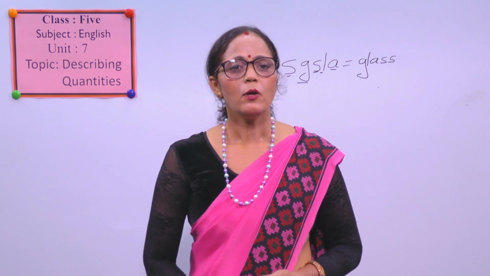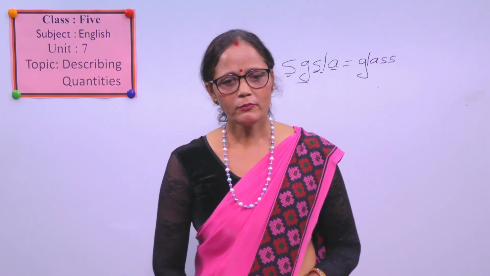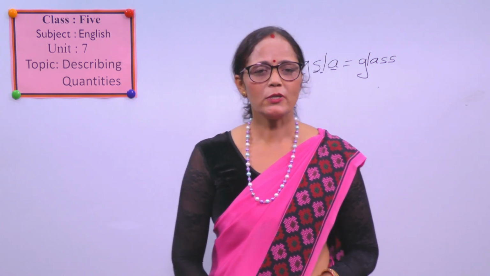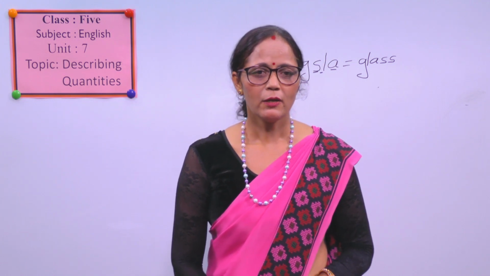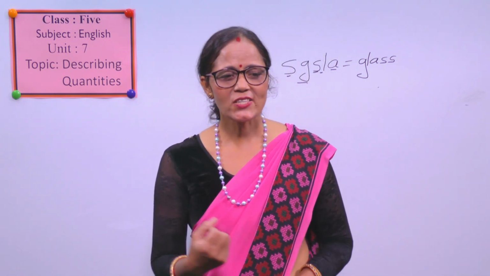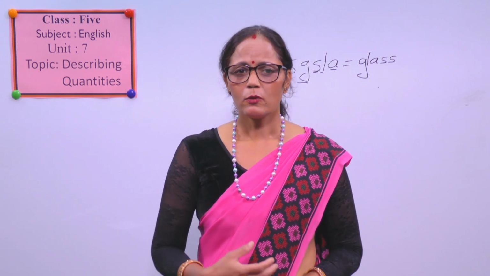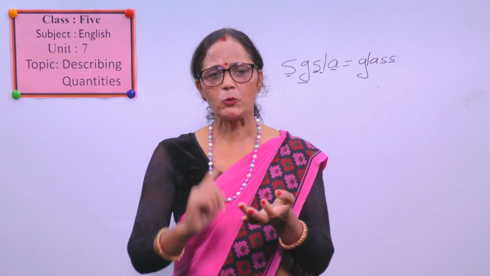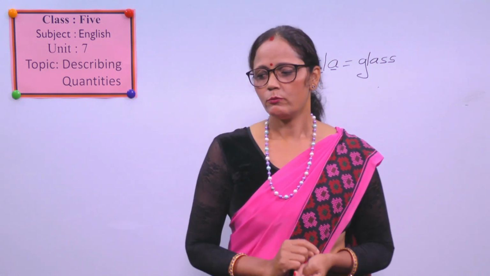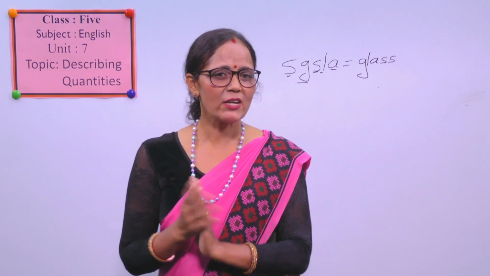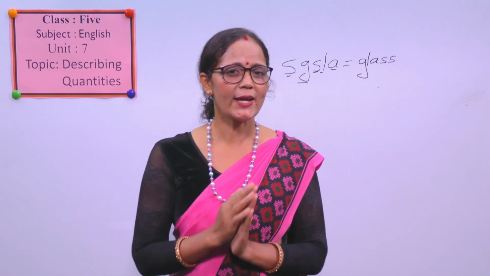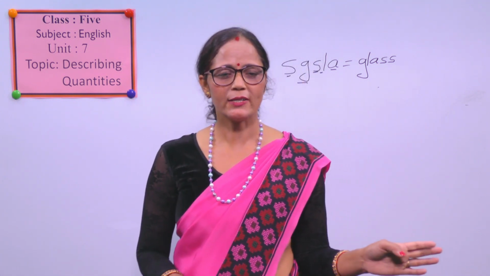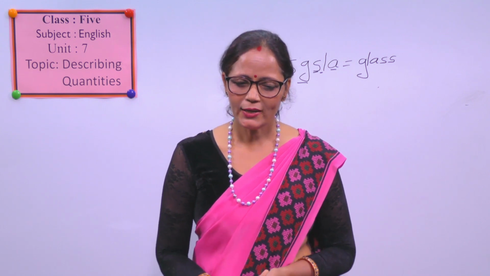So, what did we talk about today? We talked about how to make questions using how much and how many. Then what is the answer? That answer is the quantity words, measure words. We can say 1 apple, 2 apples, 3 glasses, 4 balls. But if we cannot count the things, then we can say a kilo of sugar, a liter of milk, a glass of water in this way. Okay.